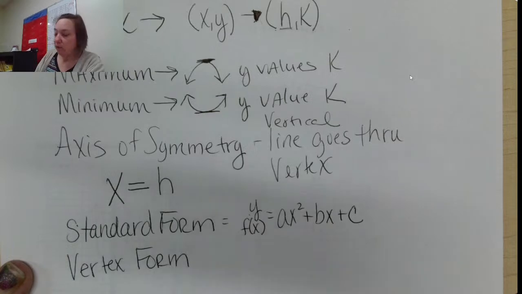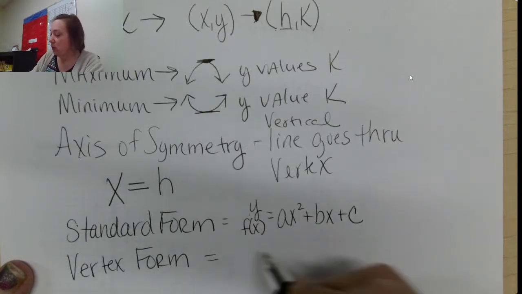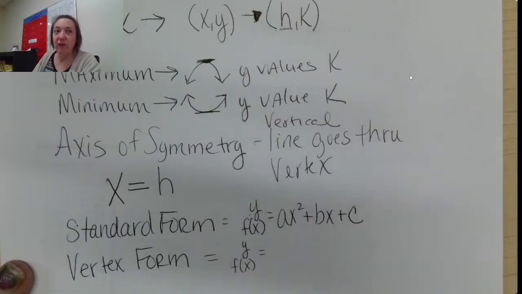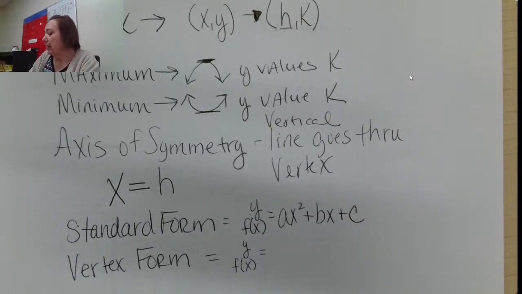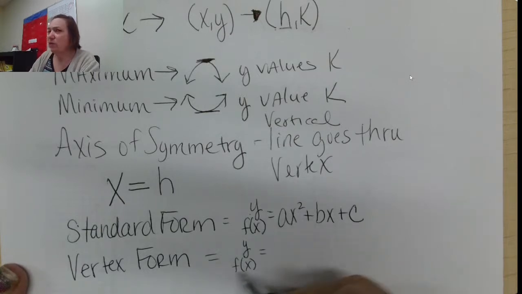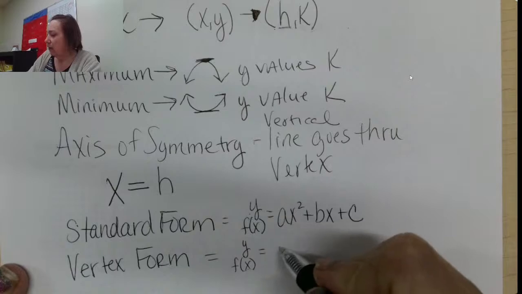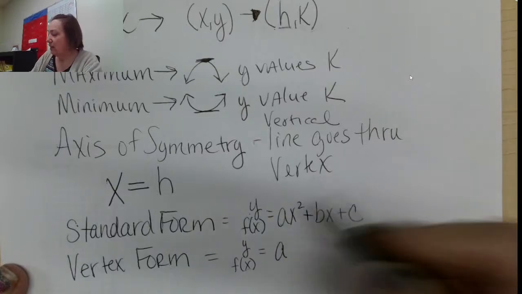Okay, so in vertex form, it looks like this. So you're either going to have y or f of x over here, right? F of x and y are the same thing. And f of x is just function notation. That's what it's called. And you're going to have your a, whatever that a is, this a is the exact same number, parenthesis, x minus,